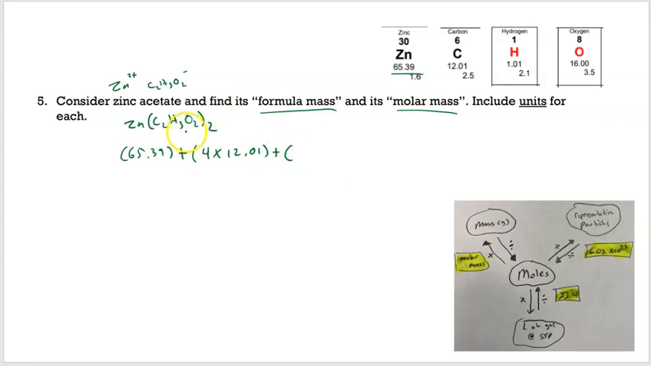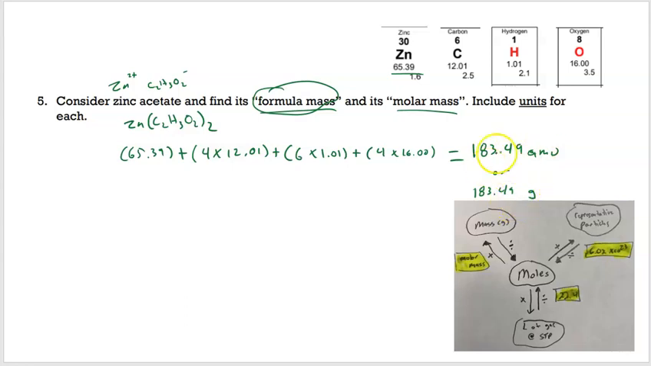plus, parentheses, 3 times 2 is 6, 6 times 1.01, plus 2 times 2 is 4, 4 times 16.00, and that should give me a value of 183.49 AMU if we're talking about the formula mass, because that's just referring to atoms or molecules. Or if I wanted the molar mass, it would just be 183.49